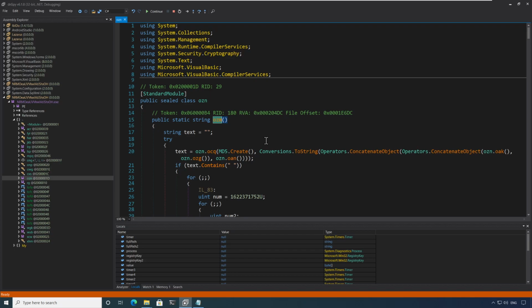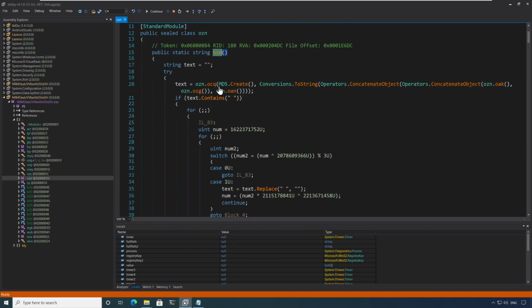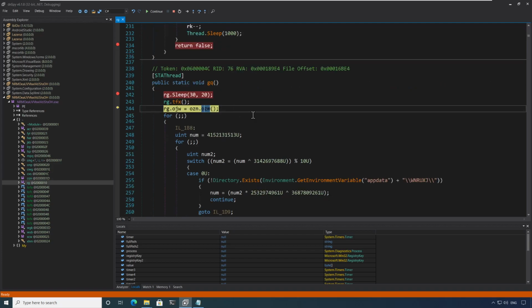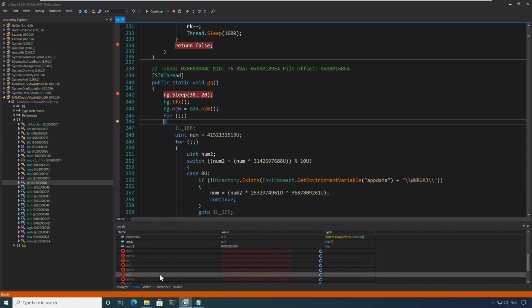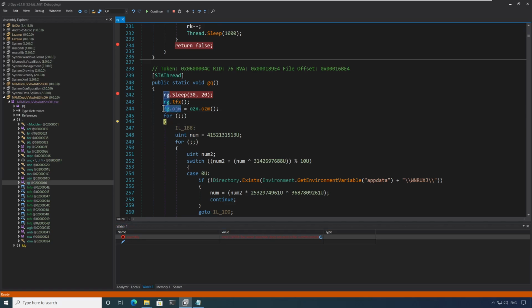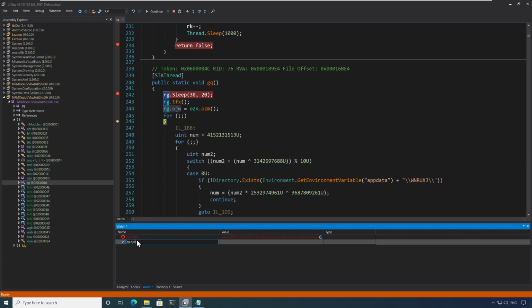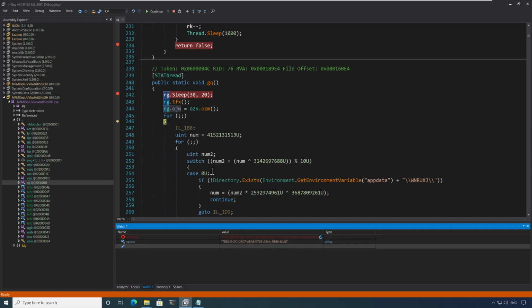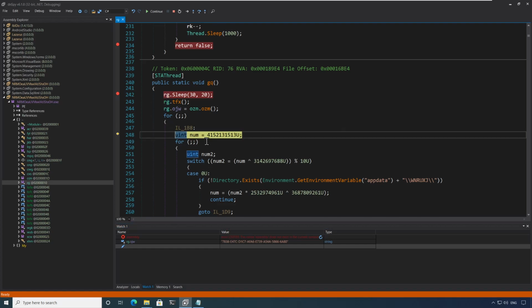OZM, what is this function doing? All right, so I have an idea what this function is doing. It is creating an MD5 value and concatenating certain strings. What it is trying to generate is some kind of a UUID, which is like a unique identifier. So we'll skip over this and we'll look at the value of OGW after. So look, copy this. And this is like a unique identifier, right? All right, we go over this function